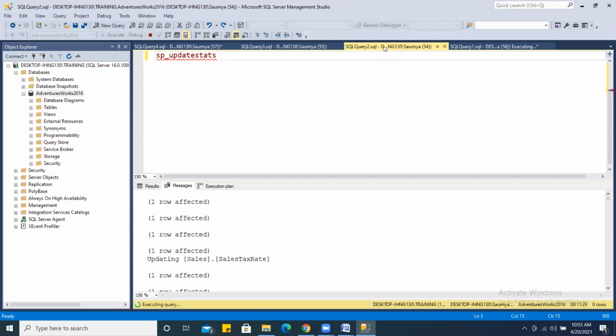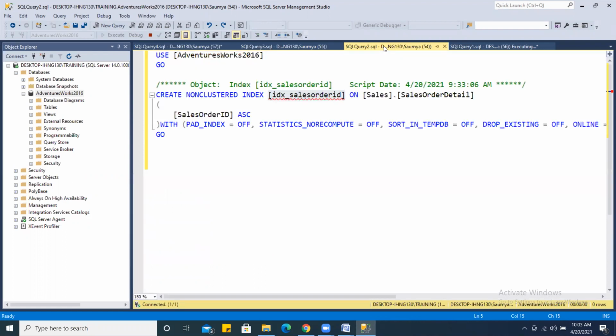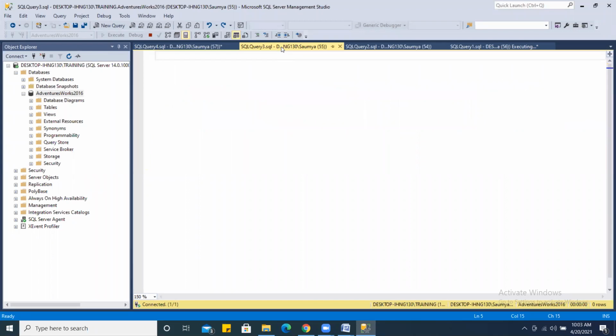I have a question. What exactly is parameter sniffing? I'm not that big of a developer, so if you can answer that question. I will answer your question tomorrow. Parameter sniffing, right? First you have to understand the concept of parameterized queries versus non-parameterized queries. Then you have to understand the concept of a stored procedure with input parameters, right?